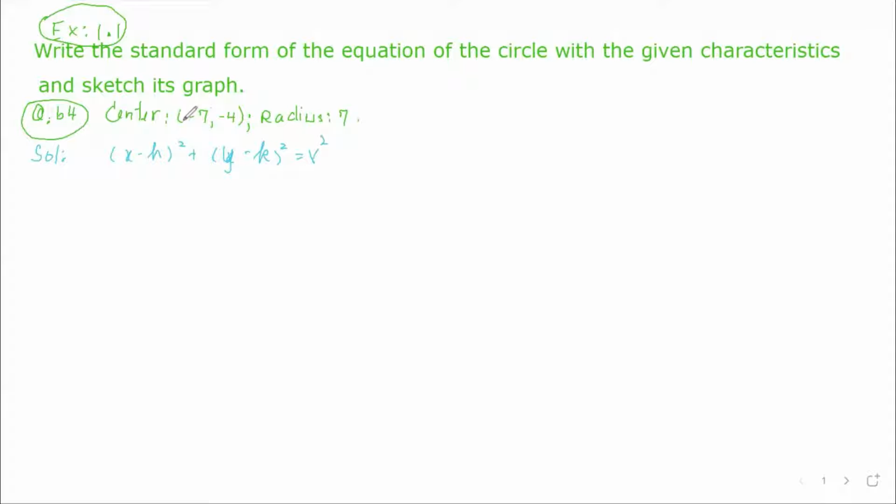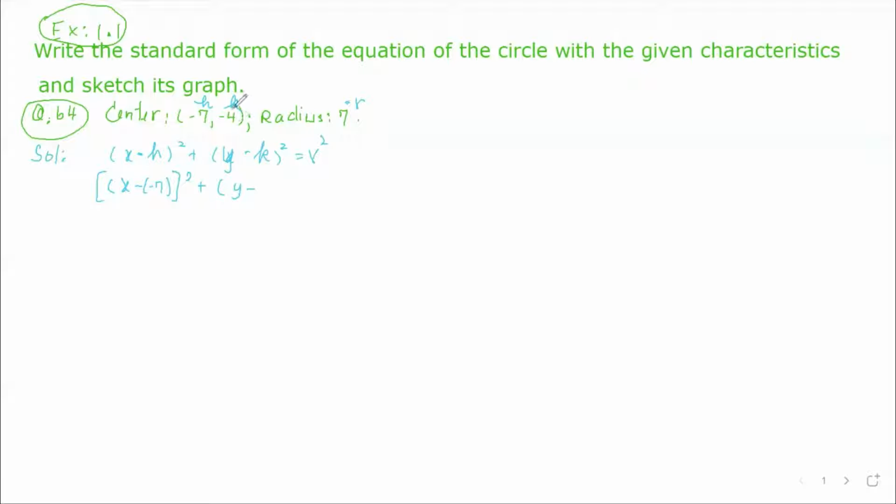Now this question gives us the center. The center point is -7 and 4. Then we know this is h and this is k and this is r. So we just write it down. Now replace h. x we don't know, so x minus h, and h is -7, so (x minus -7), the whole thing squared, plus